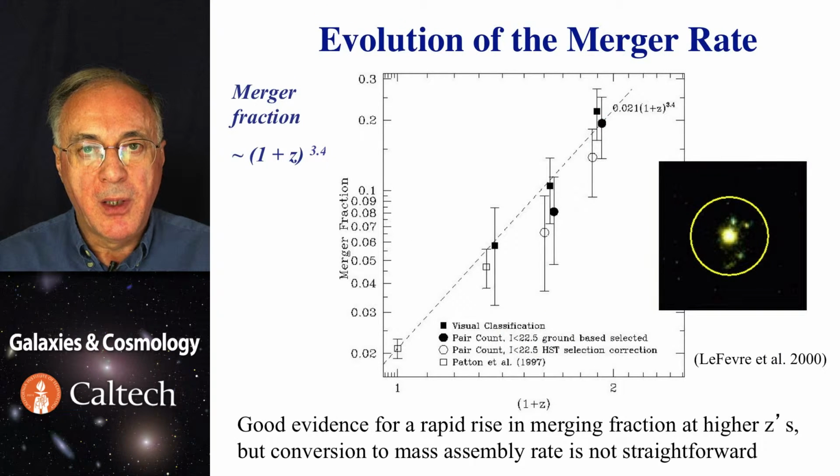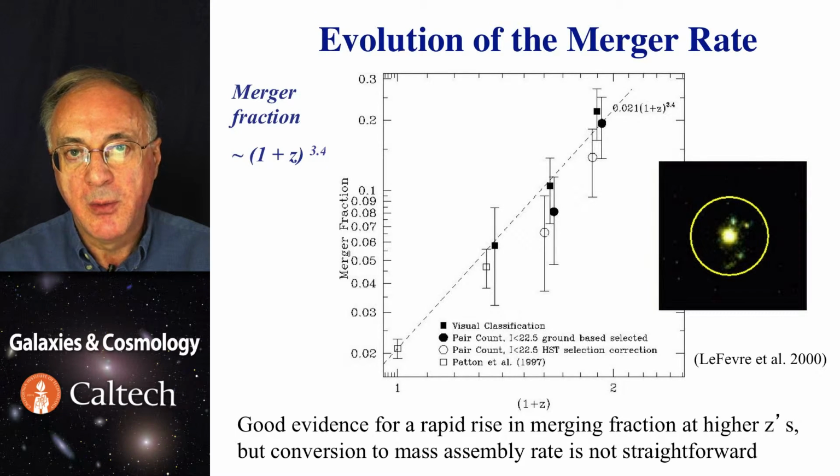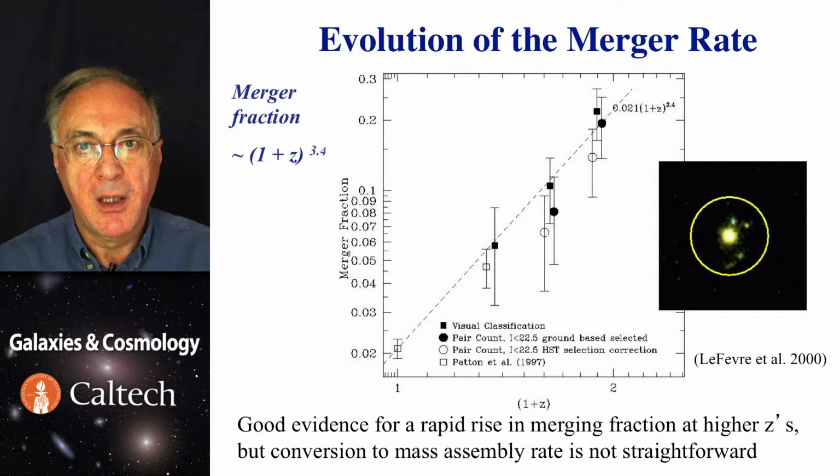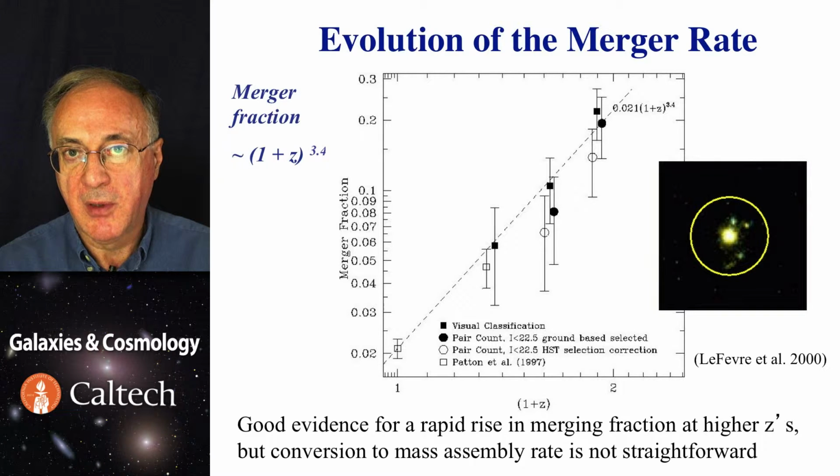We cannot wait long enough to see galaxies merge, but we can assume that some number of close projected pairs will eventually merge. So by doing statistics of close pairs of galaxies, allowing for projection effects and things like that, we can infer the likely merger rate as a function of redshift, and here it is. It's a power of 1 plus z, and it's more or less exactly what's expected from the modern models of